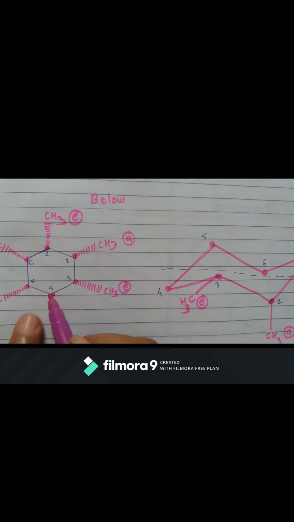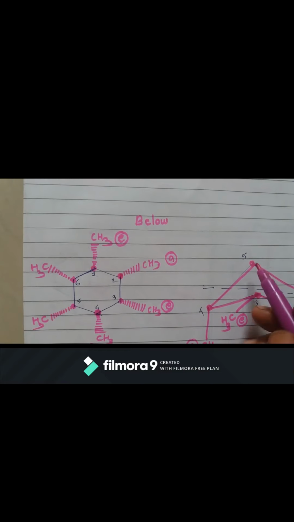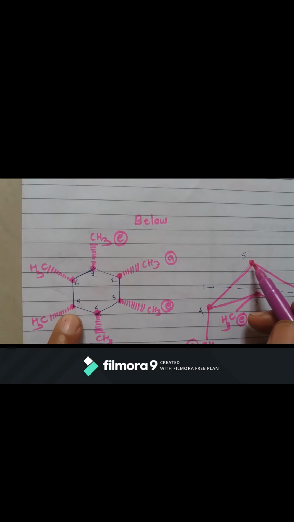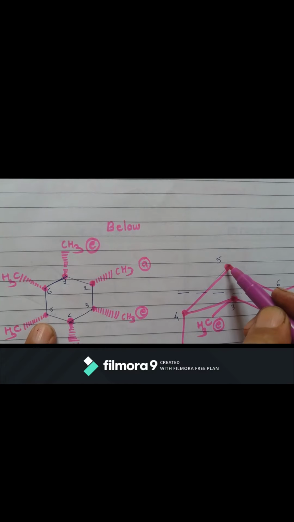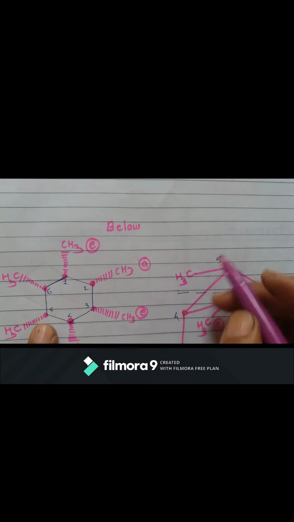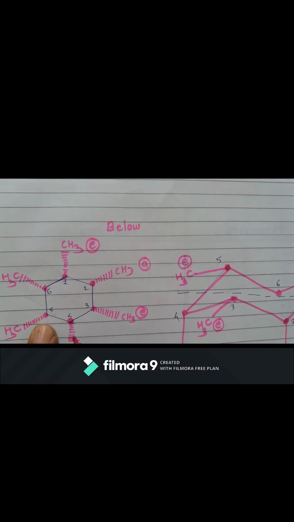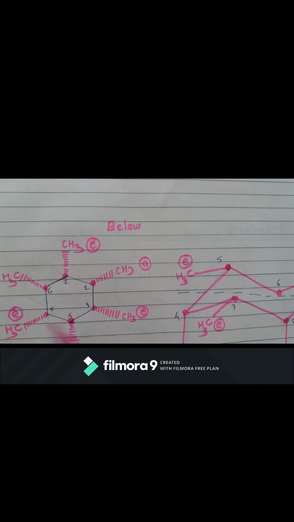Okay, now the fourth point below the plane. So fourth point below the plane, simply it will become axial. So this becomes axial. Here you can write axial. Okay, both are below. So now the next one, the fifth one below the plane. So simply we cannot go for here like this, it will be above the plane, so the other option is equatorial methyl group, CH3 equatorial. Okay, right over here also this is equatorial.